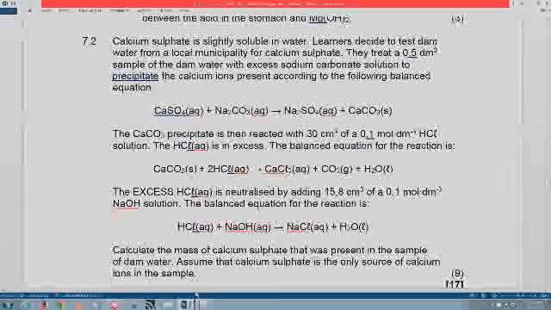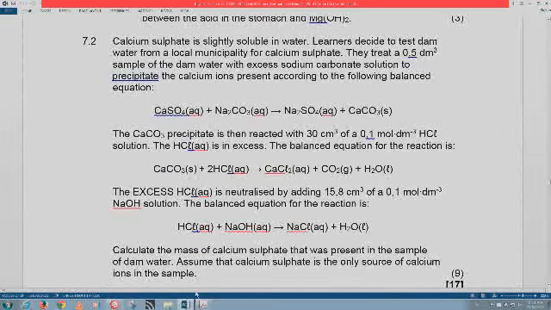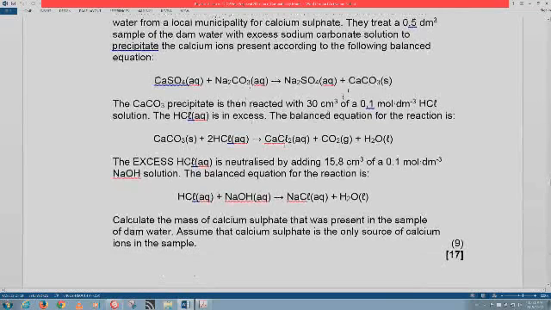7.2, calcium sulfate is slightly soluble in water. Learners decide to test dam water from a local municipality for calcium sulfate. They treat a 0.5 dm³ sample of dam water with excess sodium carbonate solution to precipitate the calcium ions present according to the following balanced equation, where calcium sulfate reacts with sodium carbonate to form sodium sulfate and precipitate